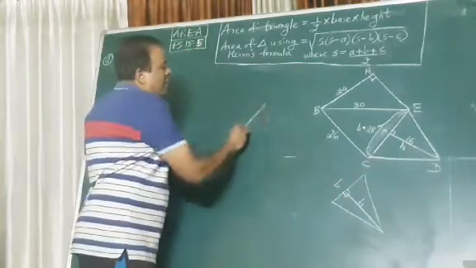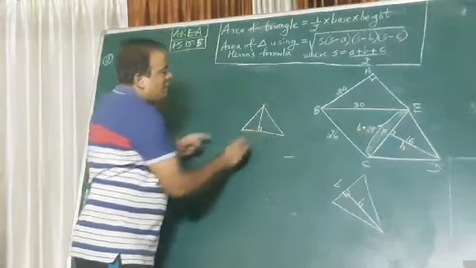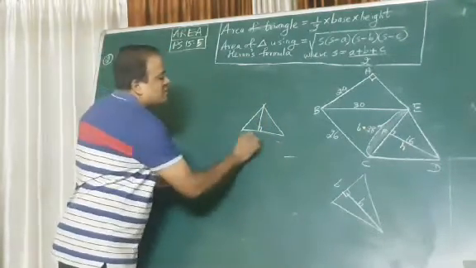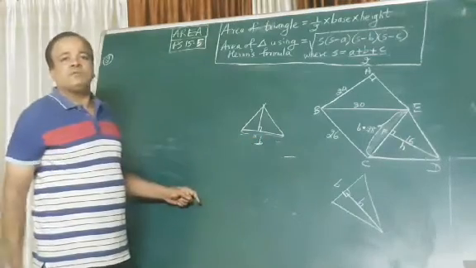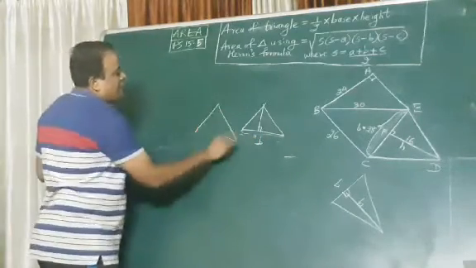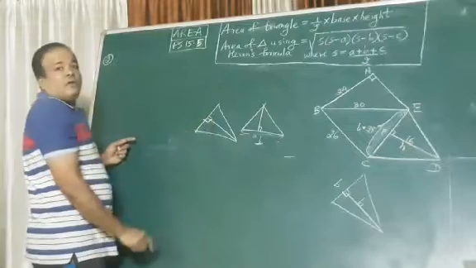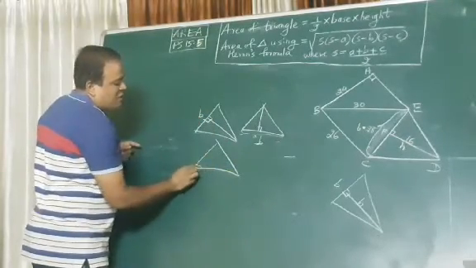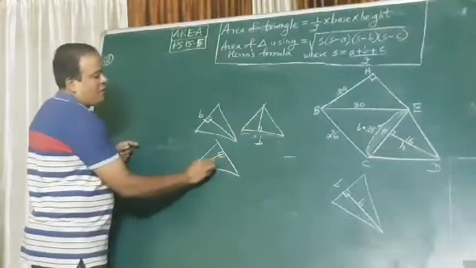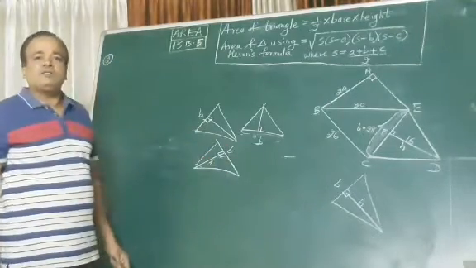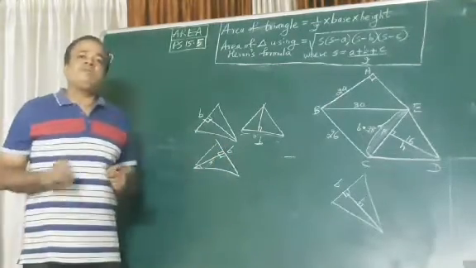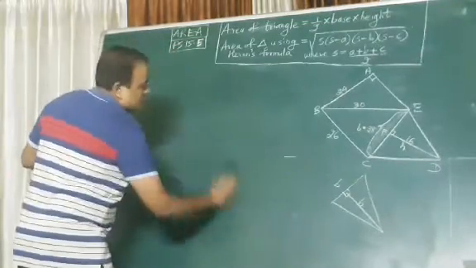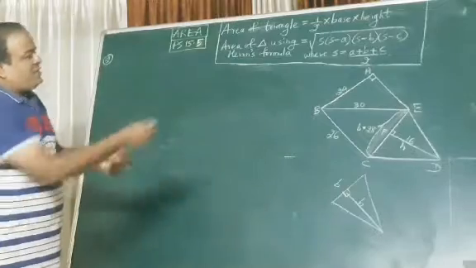Remember in a triangle, if this is the height, which side? This side becomes the base. Clear? If I say this is the height, then this becomes the base. If ulta, if this becomes the height, then this side will become the base. Understood? So wherever the height touches, that becomes the base. So very easy, half base into height.